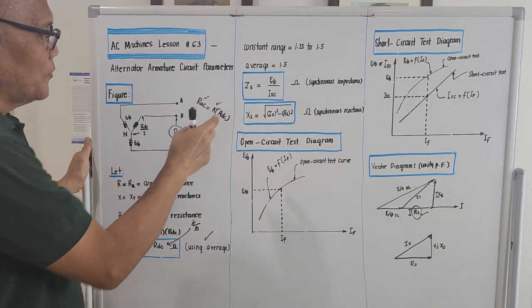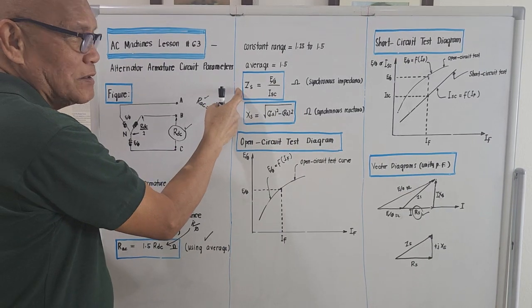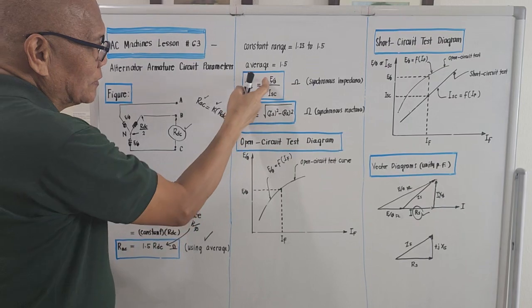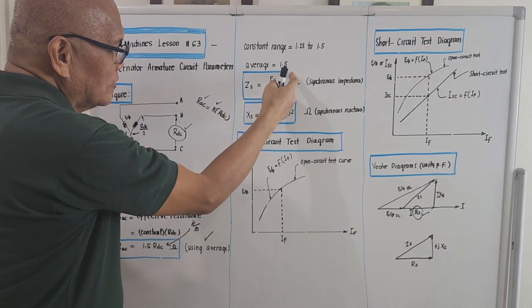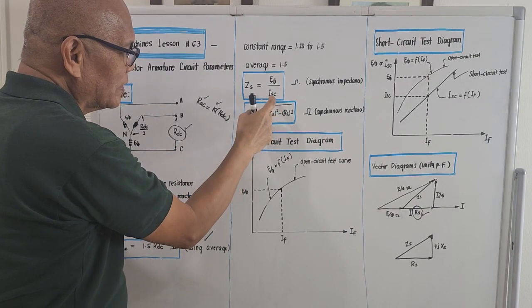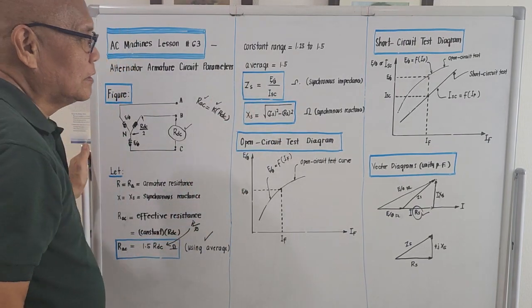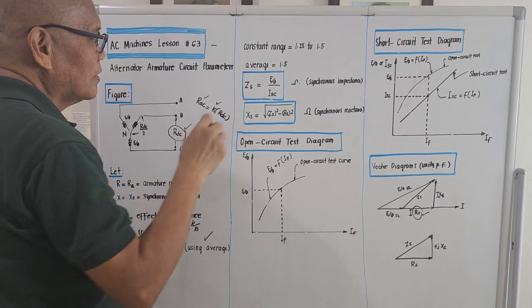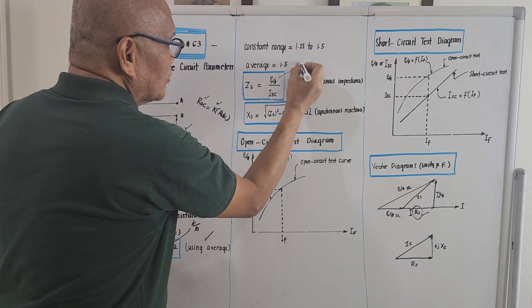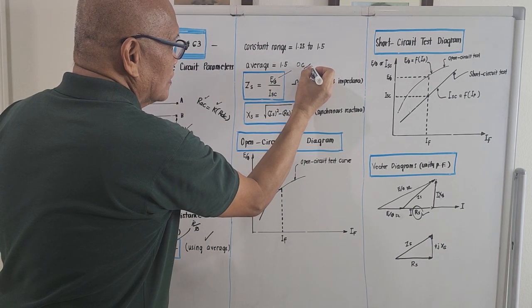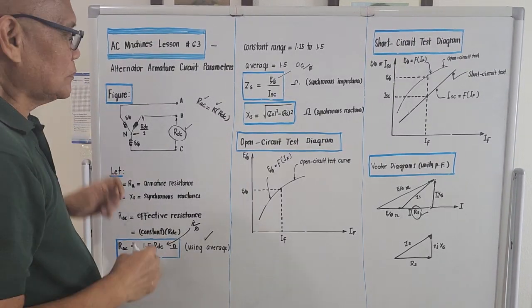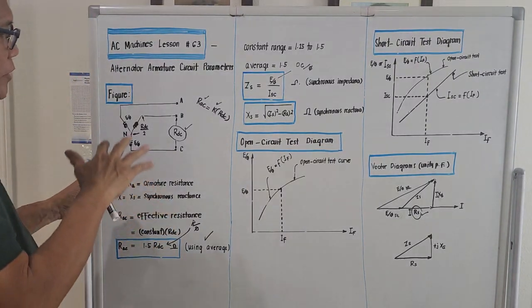So if we now compute the synchronous impedance per phase, it should be capital letter E per phase over capital letter I with the subscript SC, meaning short circuit current. We have to determine the value of this one here. This is actually the open circuit voltage per phase. Open circuit, meaning the alternator is running